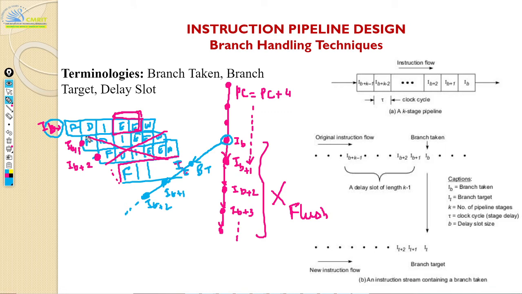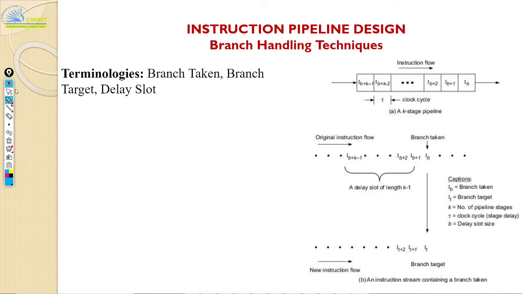Okay, so whatever instructions you had earlier, you're going to flush, because you already have them in your pipeline. Only during the execution stage of your branch instruction will you come to know that you are indeed branching. Then whatever you have already filled in your pipeline, you have to flush and fetch the new instruction. Okay, so that's about your branch.